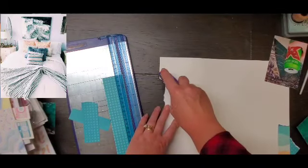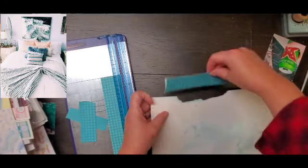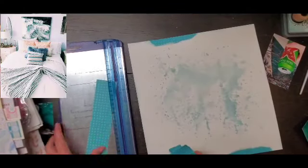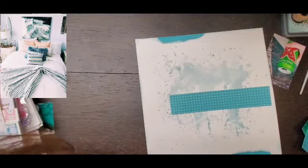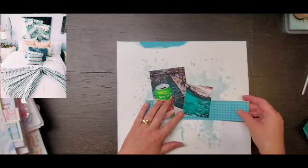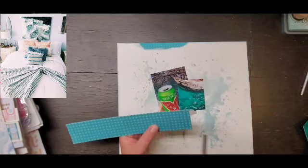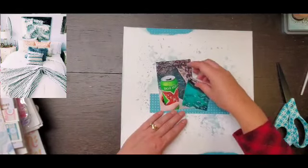I use mainly the Buenos Dias collection. Actually, there's really not a lot of paper. I used one paper from the Buenos Dias collection and then one Pinkfresh paper. So I'm just making a ledge for my photos to sit on, and then I'm going to back my photos in a scrap of some Pinkfresh paper. So while I'm doing that,